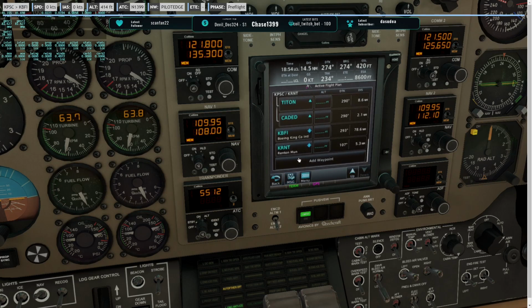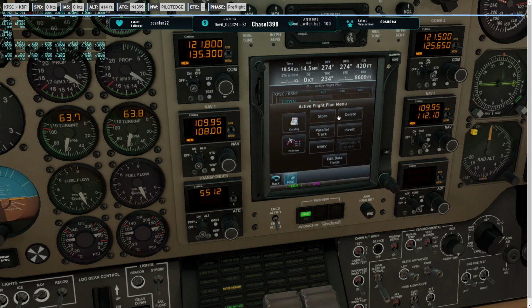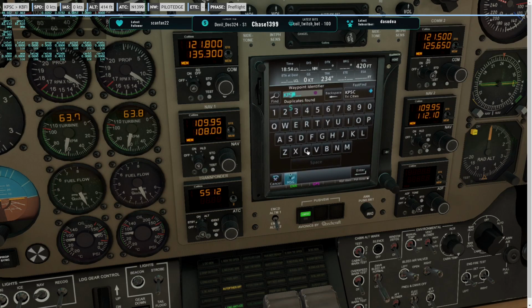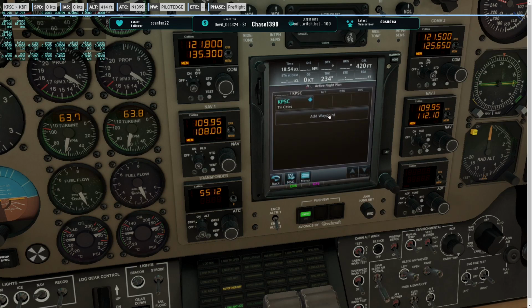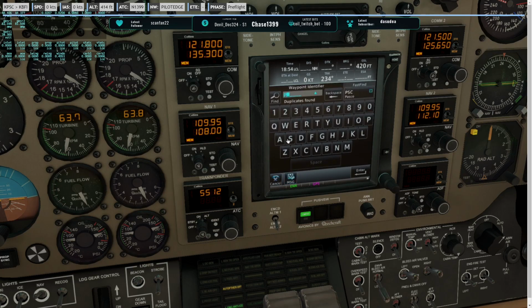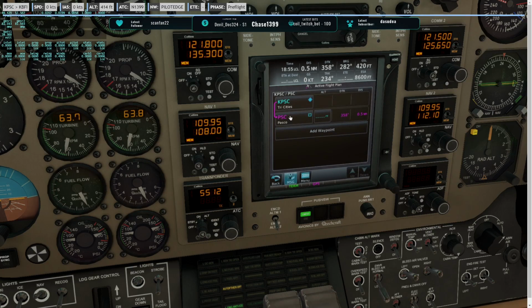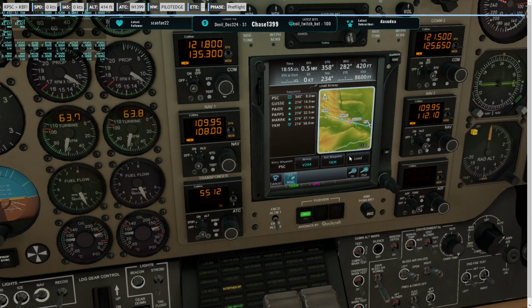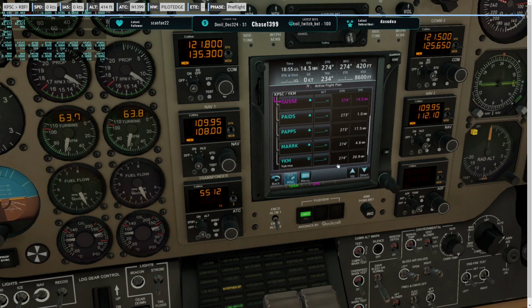All right. What is it doing? Why is it still... All right, you know what? I'm just going to do this manually. So we are at PSC. We're going to go PSC, and we're going to load an airway, which is 204, and that lets out at Yakima. Straight across there. And then at Yakima, we're going to...